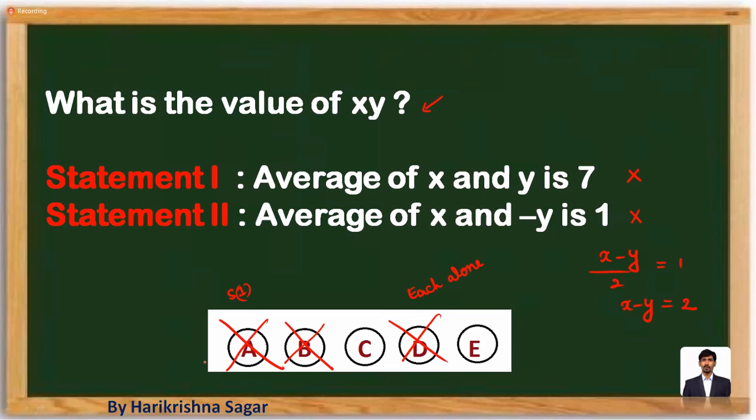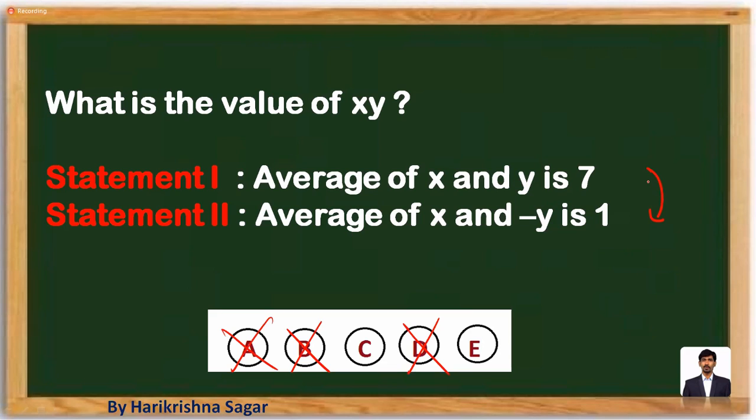So when you realize that statement 2 individually is not sufficient, simply eliminate option B. Because 1 is wrong, we eliminate A and D; because 2 is wrong, we eliminate B. Now, because 1 and 2 individually are not giving the answer, let's combine these two statements. The first statement says x plus y is equal to 14. The second statement says x minus y is equal to 2. If you combine these two statements, you can get the value of x and the value of y. When you know x and y, we can easily find xy. That means if you combine these two, you get the answer. Mark it as option C, eliminate option E.